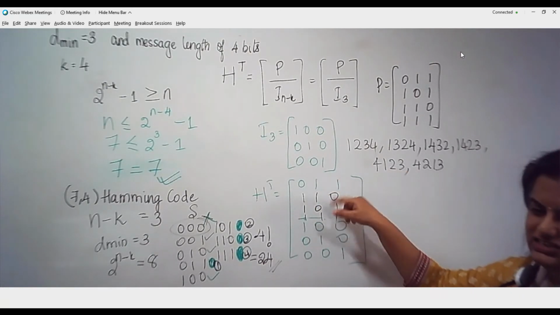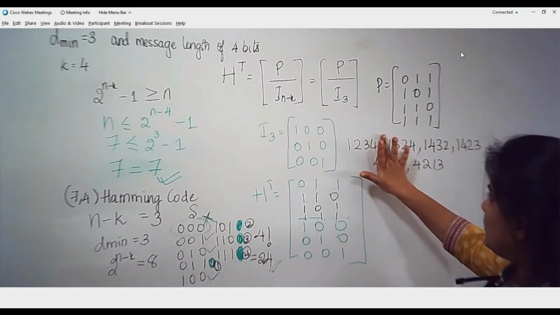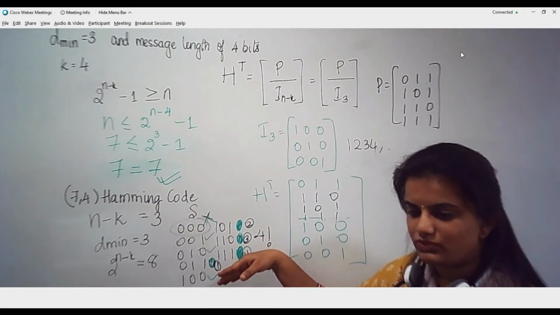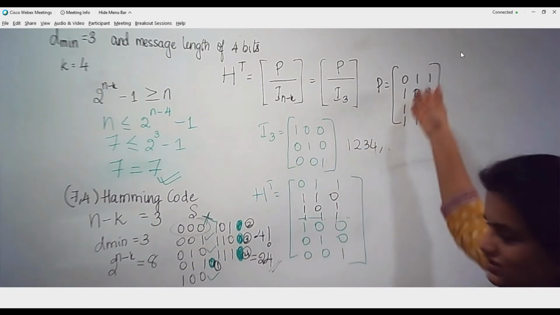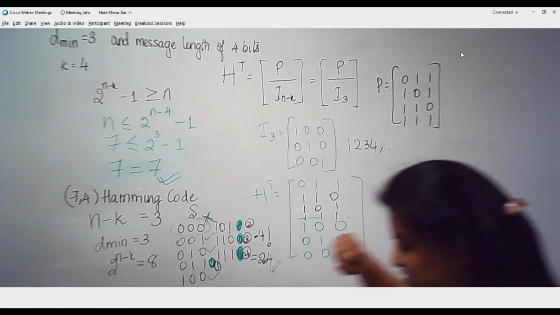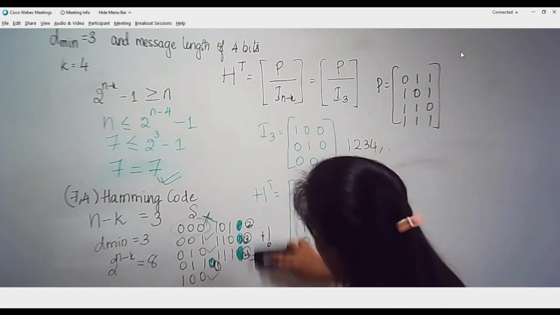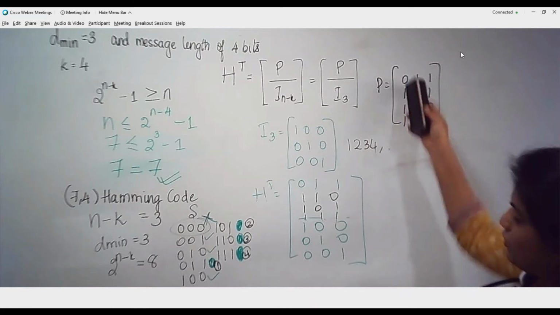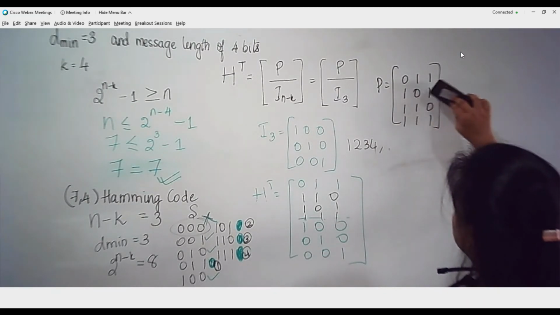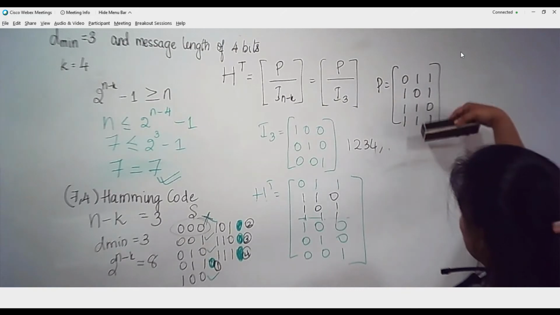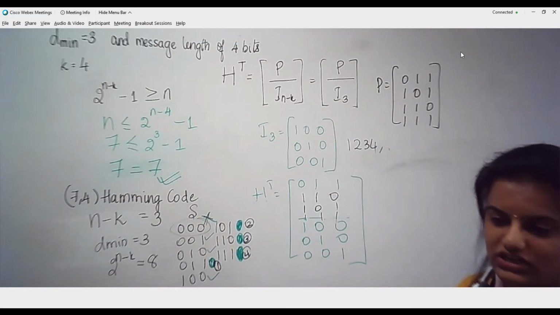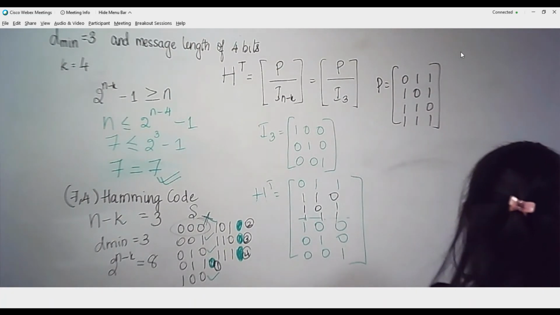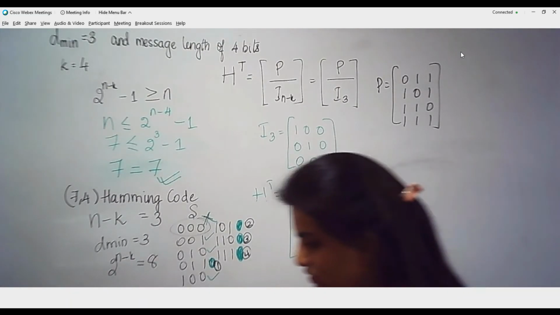Out of which I have selected a very simple one where I have simply taken 1, 2, 3, 4. In the same order in which I have written the combinations of the syndrome vector, I have written the rows of the parity matrix. Is that clear, Tanmay? You can choose any parity matrix of your choice. That is totally up to you. There is no hard and fast rule that you need to follow my combination itself. You can still write 1, 0, 1 in the first row and follow with the next rows, and this could come at the last. That is totally at your discretion, because anyway these elements are fixed. Fine. Do you have any doubts?